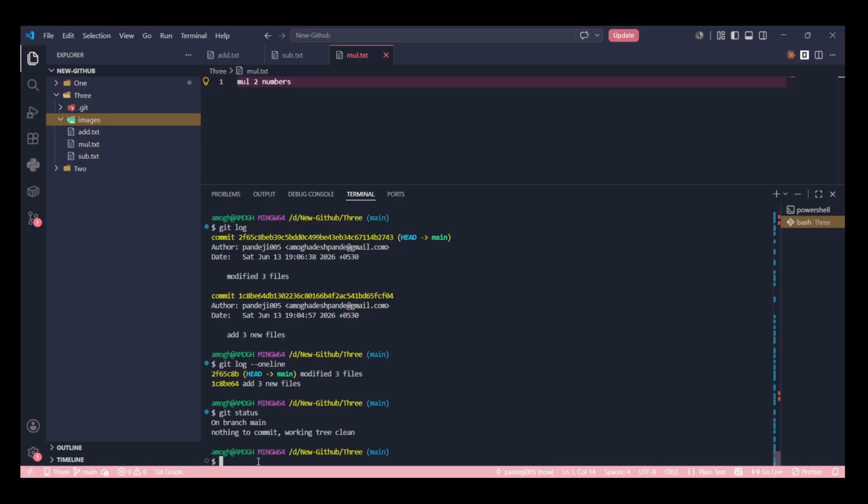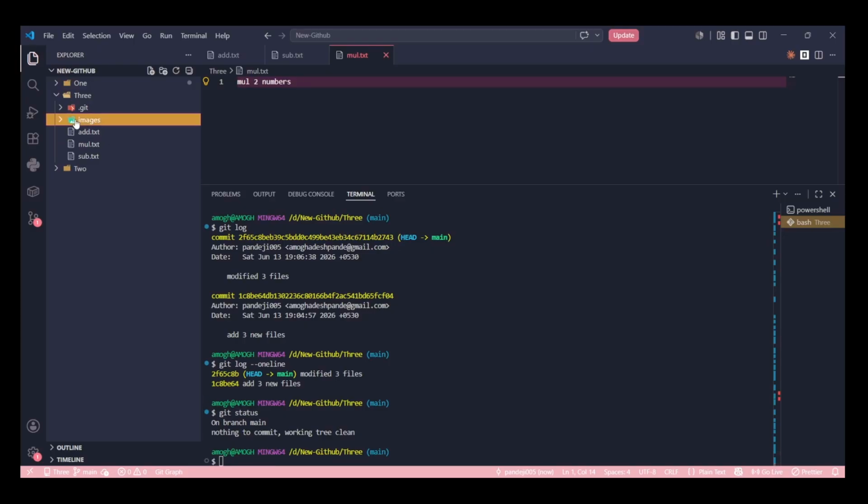Git doesn't track the folders which are empty. It only sees files, and it adds them. So there might be multiple folders like this: images, videos, sources, public, static. There are multiple folders, and you need to keep them at any cost. You need to send them to the committed area.